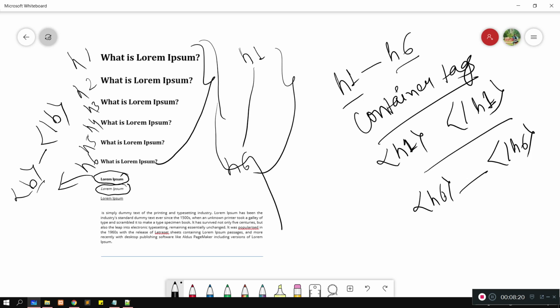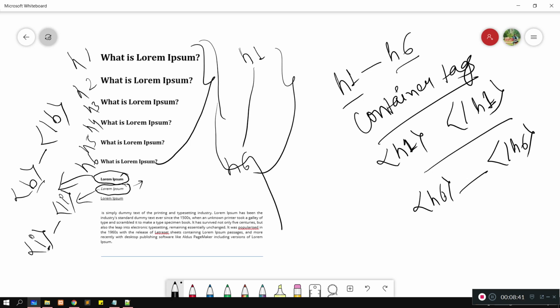Coming on the second, this is italic, right? In the Word document, this we call italic. So in the HTML we write like this, I. I means italic.